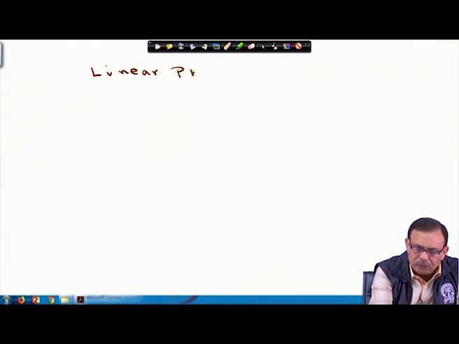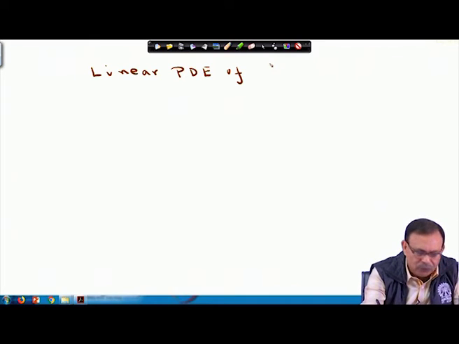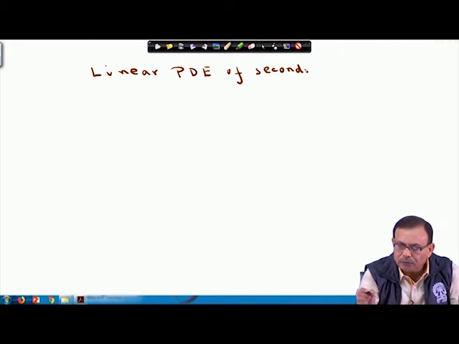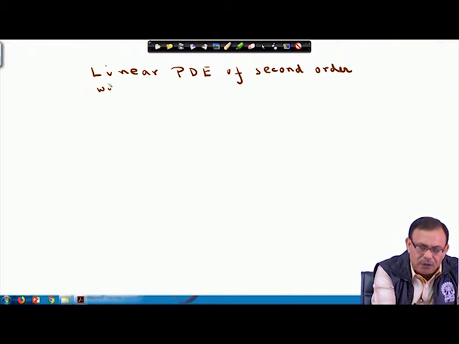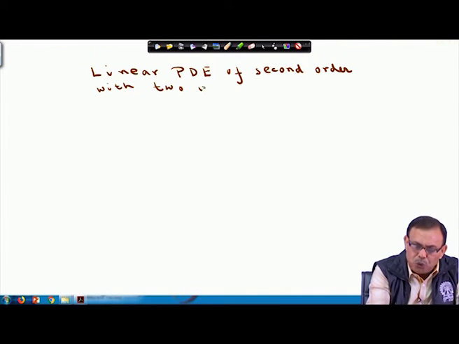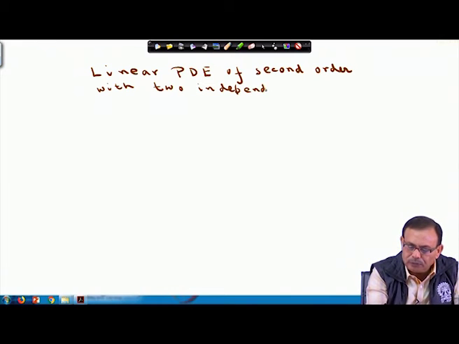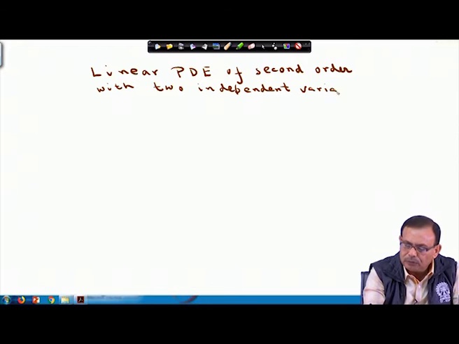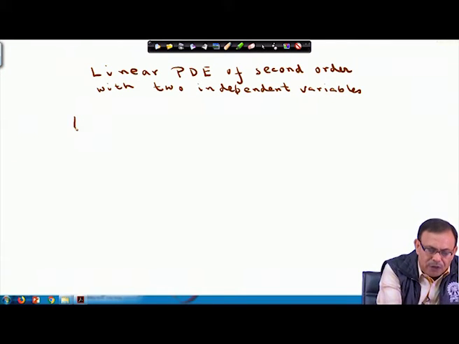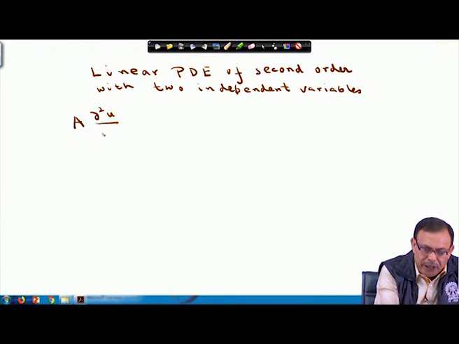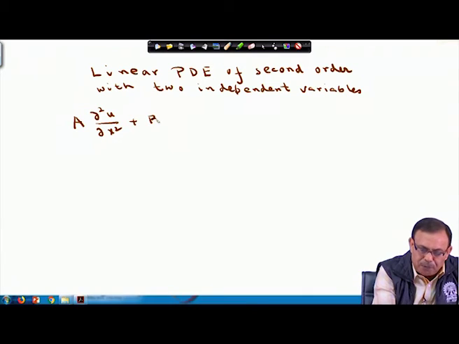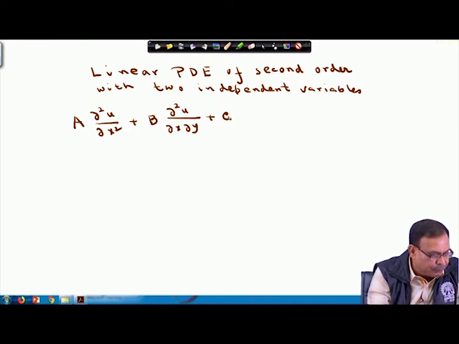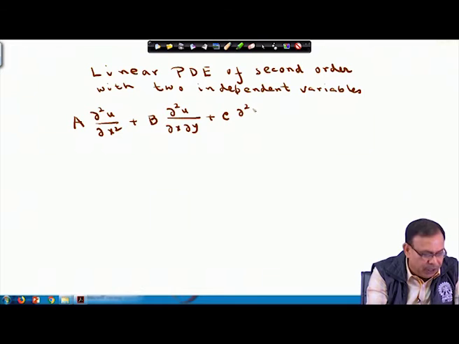Now, a linear PDE of second order with two independent variables. In general form, we write it as a into ∂²u/∂x² plus b into ∂²u/∂x∂y plus c into ∂²u/∂y²